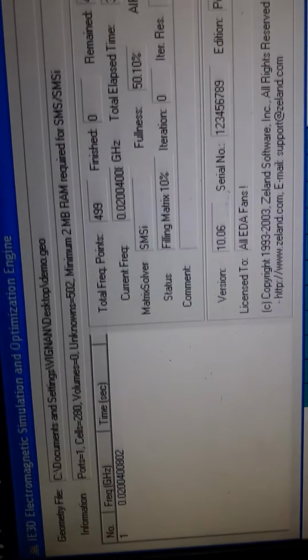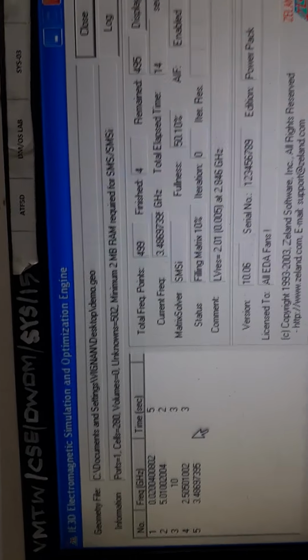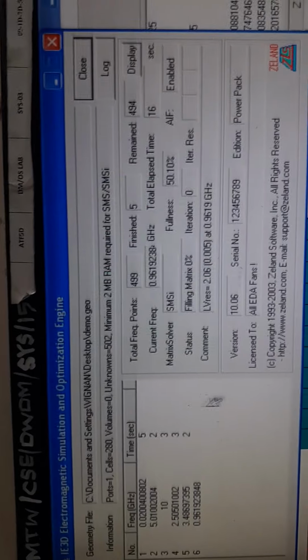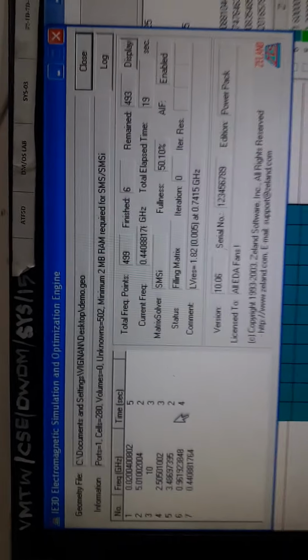It will take some time, showing the filling matrix and solving matrix and how much time is taken for one frequency. This time depends on the RAM speed of your system. So just wait for some time, and it will give some result.